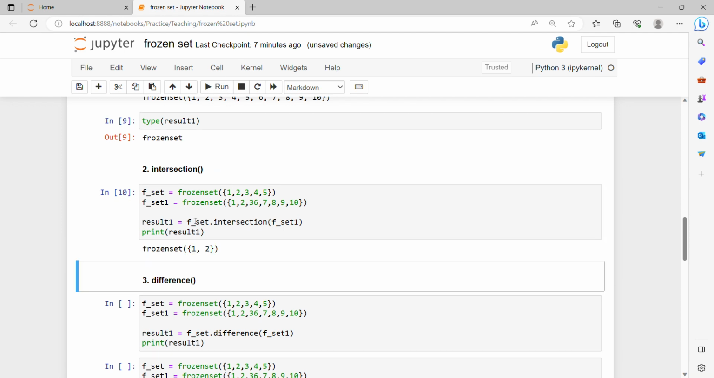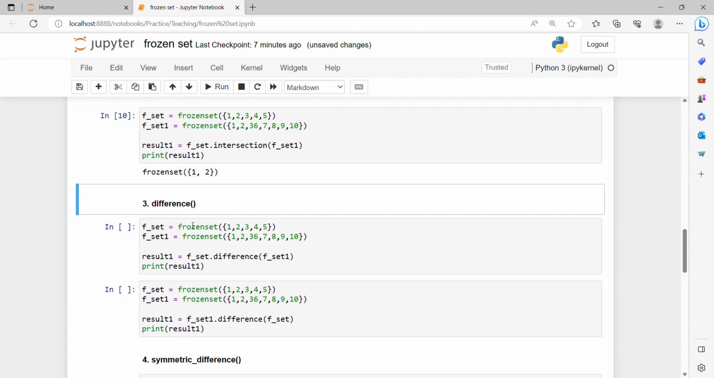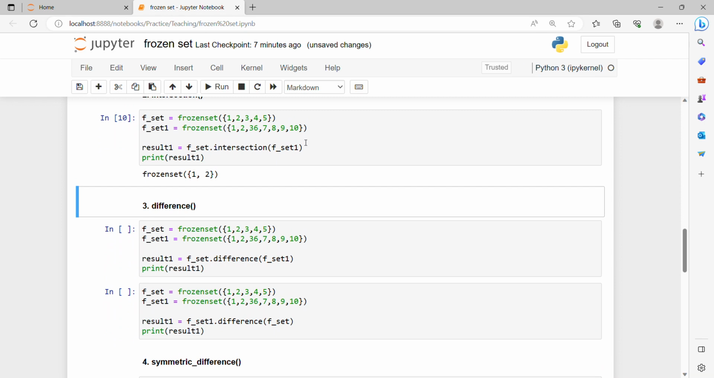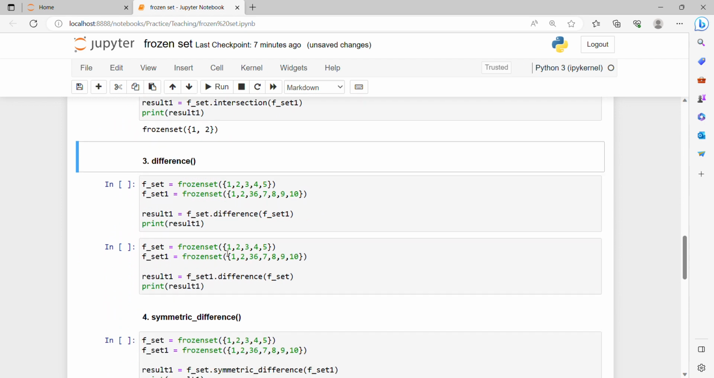So here, what intersection does is give us the common elements between both the frozensets. Over here, 1 and 2 are common. After that, we can see difference. From difference itself you would be able to understand that it will give us the differing values, meaning the values present in f set